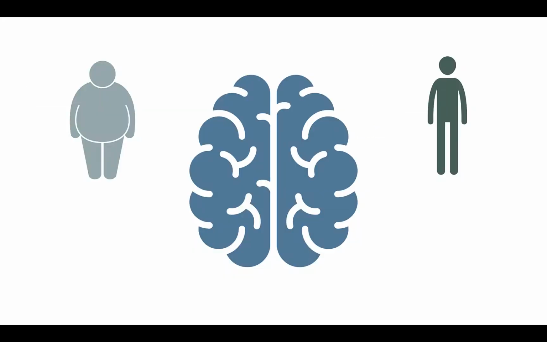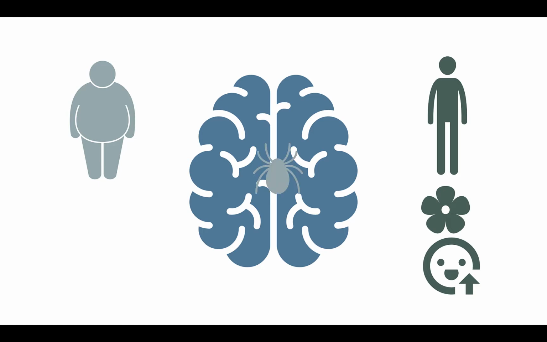These tests look at how quickly an individual associates fatness versus thinness with negative concepts or qualities versus positive concepts or qualities. Typically, what these implicit association tests show is that individuals more readily or quickly associate positive concepts like flowers with thinness, or positive characteristics like motivation with thinness, whereas respondents are more likely to associate negative concepts like spiders with fatness, and negative characteristics like unmotivated with fatness as well.